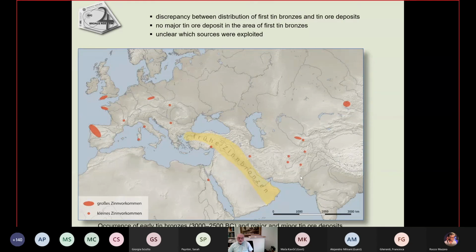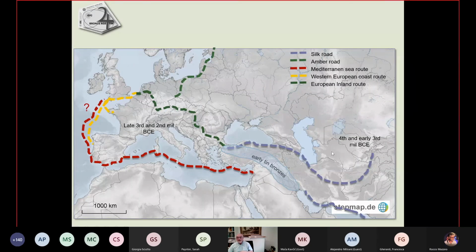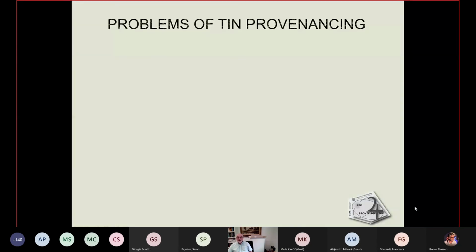So where does the technology originate? Where does the tin come from? And that was a study that we performed within... You have just 5 minutes, I suppose, yes? Exactly. Okay. So we have explored the possibility that the tin may have come from Central Asia to these early cultures in Mesopotamia, and we have explored the possibility that the tin may have come to Central Europe from the British Isles. And to cut the story shorter,